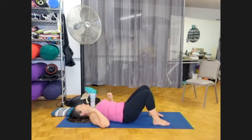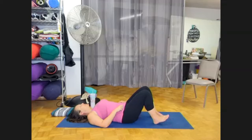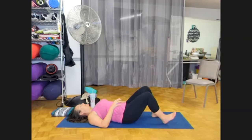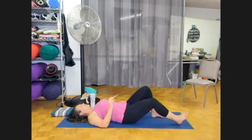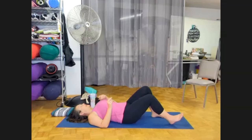All right, both feet flat on the floor, hip width distance, about a foot away from your glutes. And I want you to lift the toes on your right foot, engage through the glute and the thigh, and slide that heel slowly out to straight leg, nice and slow. And feel the alignment of the hip, knee, and ankle, all staying lined up all the way out, and then slide it back in nice and slow. Keep the knee lined up with the ankle and the hip all the way in,